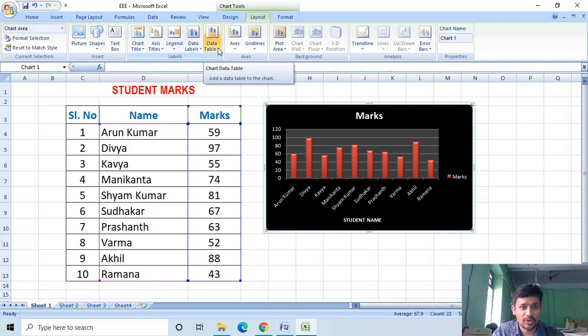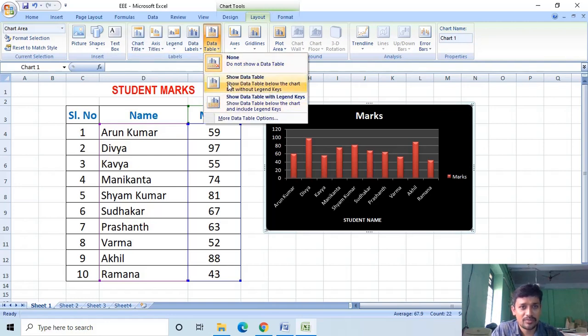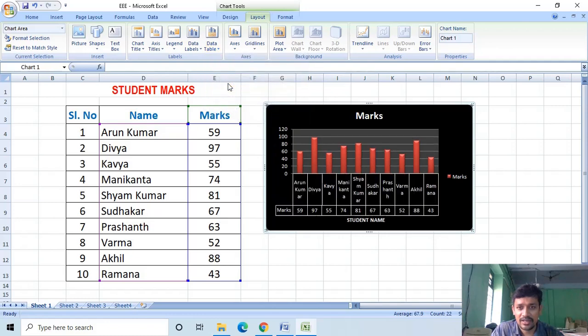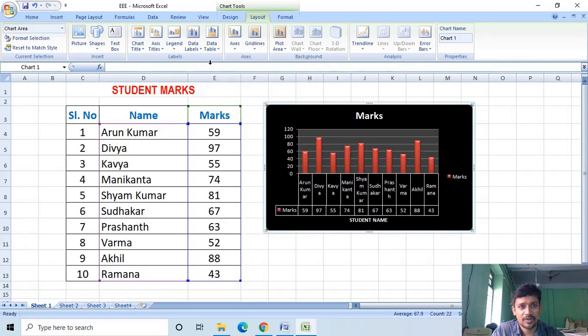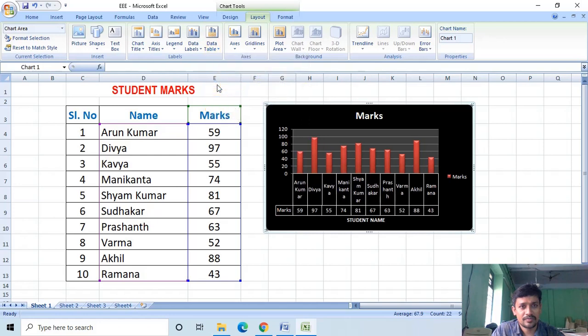You can also add a data table for your chart, like this. You can add axes, grid lines, plot area, everything in the chart.